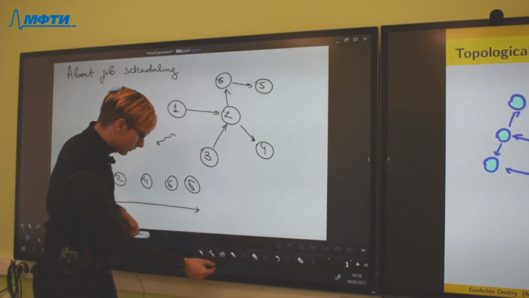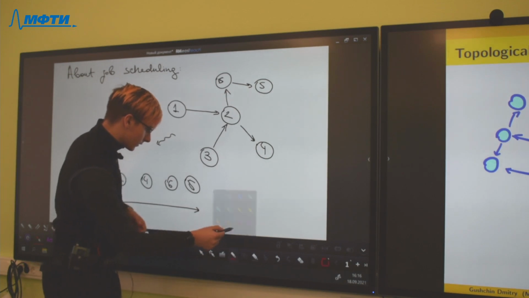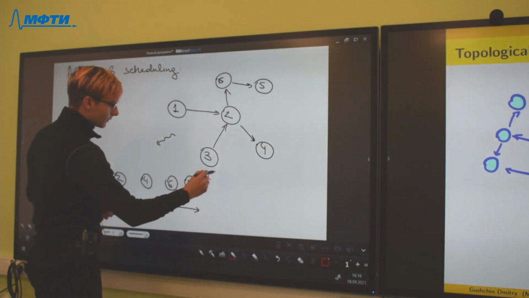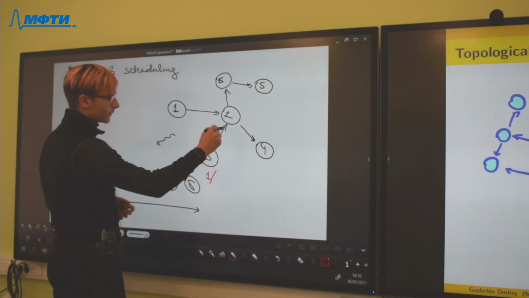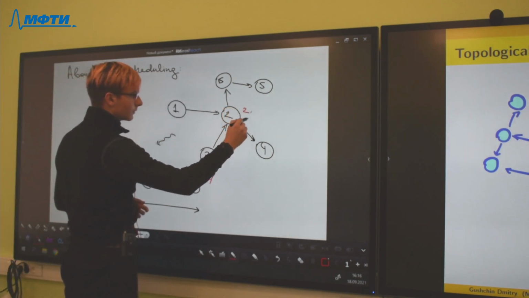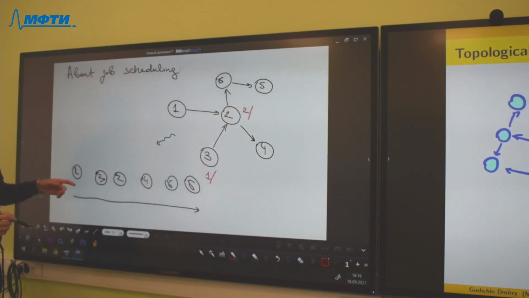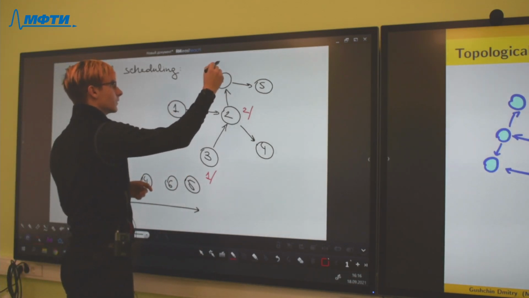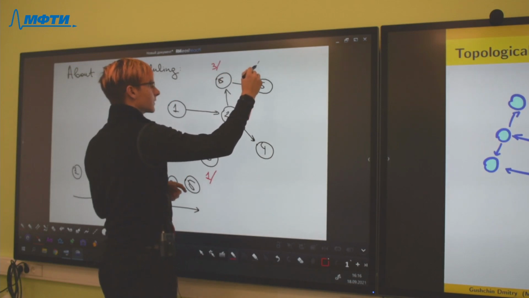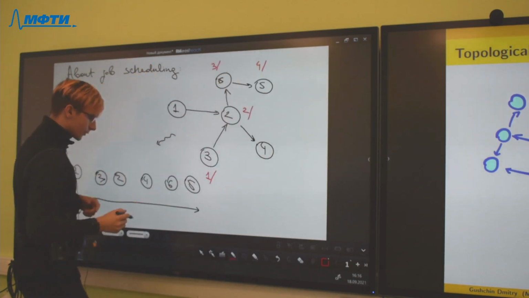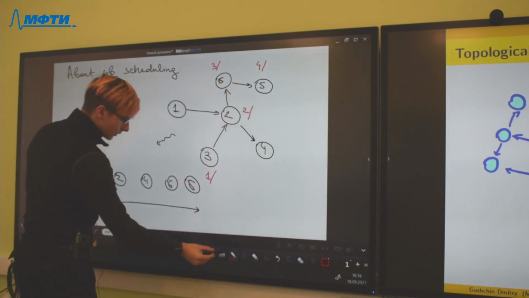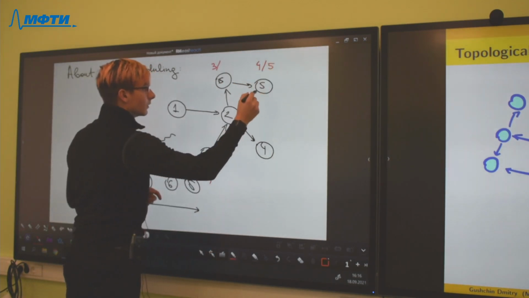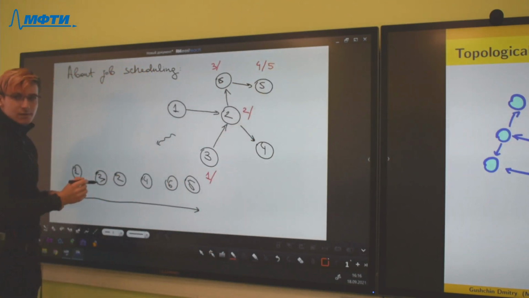For example, if we start with 3, we go to the 2 vertex. Then we go to this vertex and go to this vertex. Then we finish with 5. It's time to add it in the list.